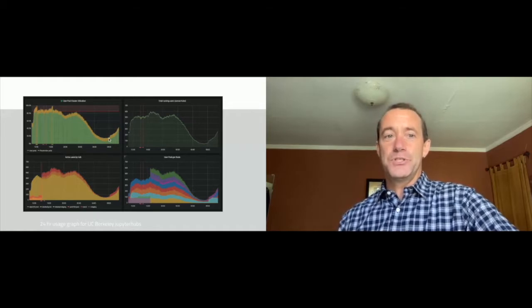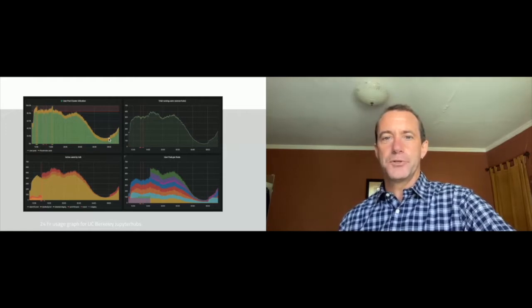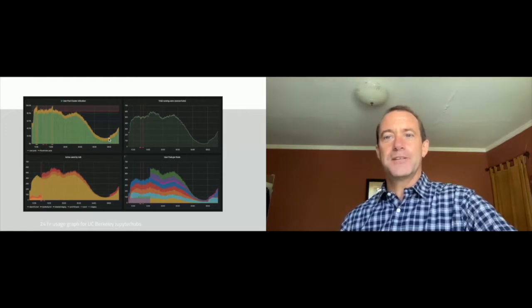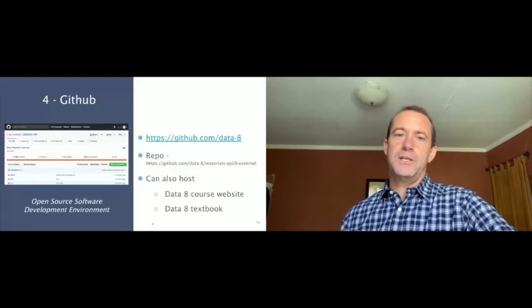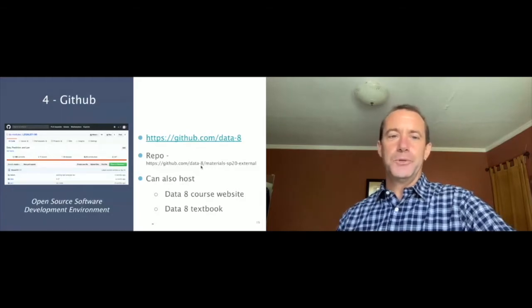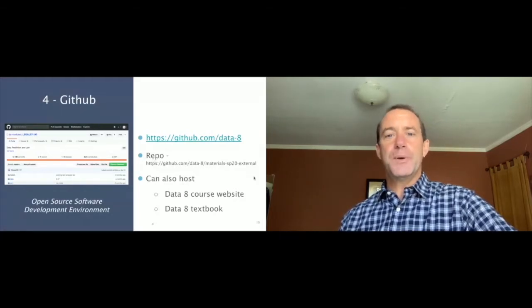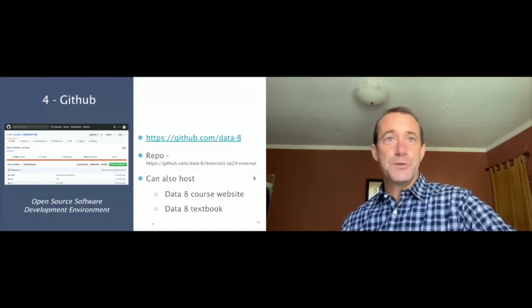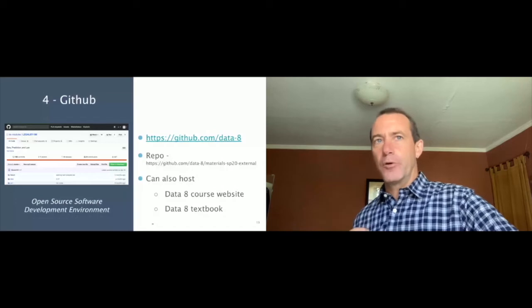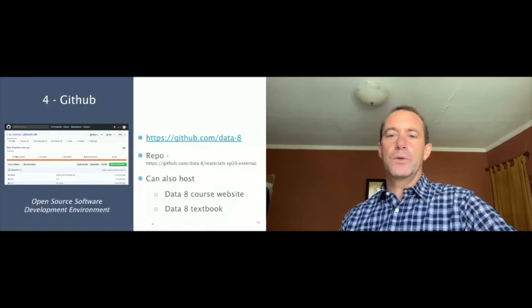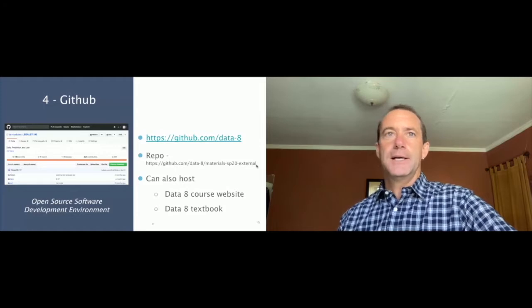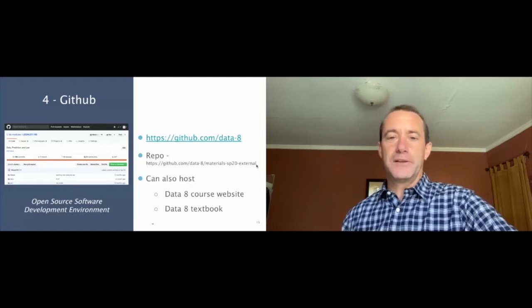So the other element was GitHub. So again, this is where the course materials are stored. You can go to github.com/data8 and see everything that's been built for Data 8. Another terminology: GitHub is the site, but the folders within the site are called repos. So there's a repo for each semester. That's on the public side. On the course development side, there are private repos that you wouldn't see, but for the external side, we are working with this one for sharing. That's called Material Spring 20 External. You should be able to find this. And this has a set of public-facing materials that work with the Autograder that we'll see next.